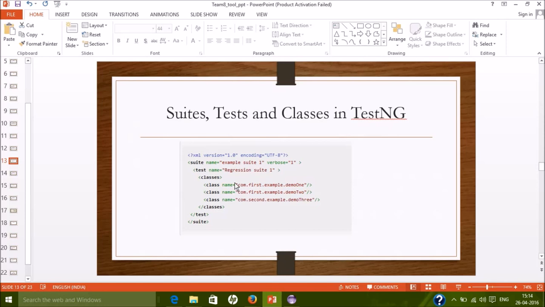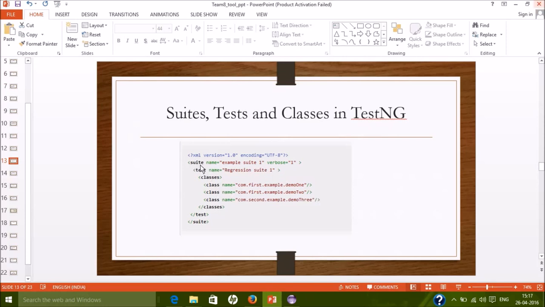So what basically is a suite? In TestNG, you can combine different test classes. Up till now, we've looked at just running a single test class and running the test methods of that class. But we can combine different test classes and run them as a suite. In TestNG, there is an XML where you can define a suite. Like here we have a sample XML. This is the basic structure of the XML file.